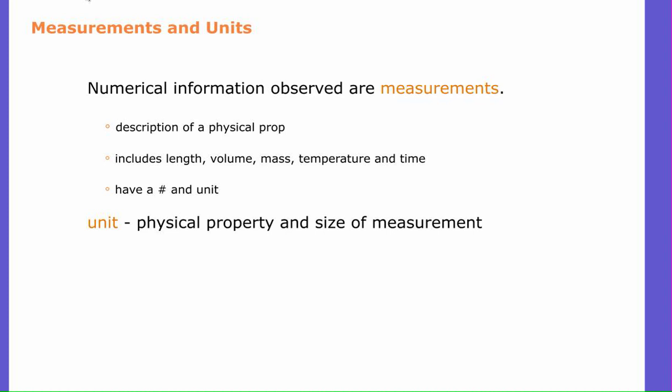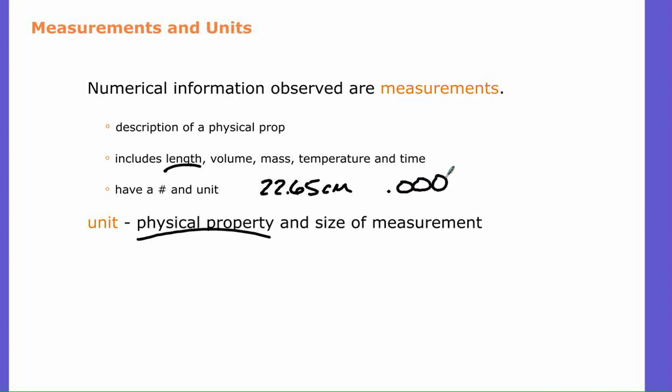They're always going to have a number and a unit, so when you guys measured that length, not only were you supposed to write 22.65, but you're also supposed to put a centimeter on that, so make sure you always have a unit, or else you have no idea what it is, nor do you know what size it is, right? When I write centimeter, you automatically know that I'm talking about a length, right? You know what physical property I'm describing. But you also know the size of that measurement, because a centimeter is a little bit different than a kilometer, right? That same value would be a little bit different as a kilometer.